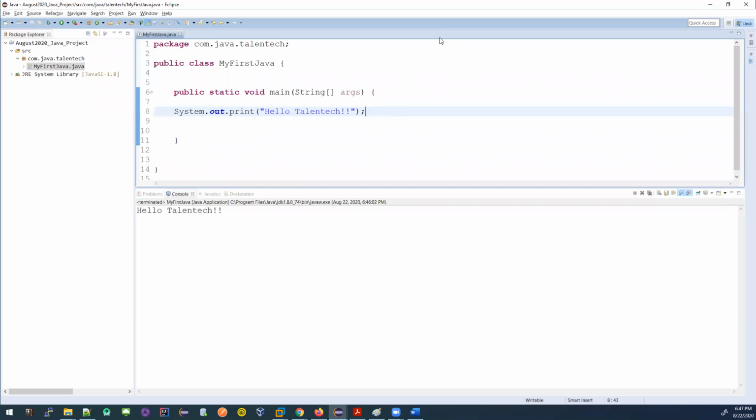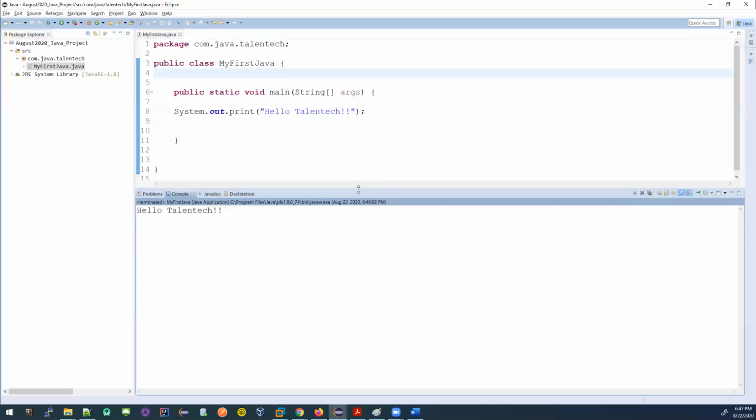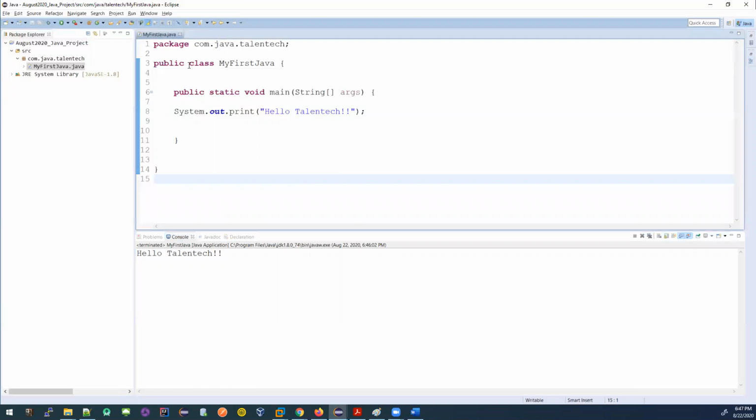So what did you learn? Class name should be in camel case. And we must have a class to execute the Java code. To write our Java code, we need a class. Now this public, is it important? It's not important. You can take it out. If it is still here, is it bothering me? It's not bothering me. So let's not worry about it. Let's keep it as it is.